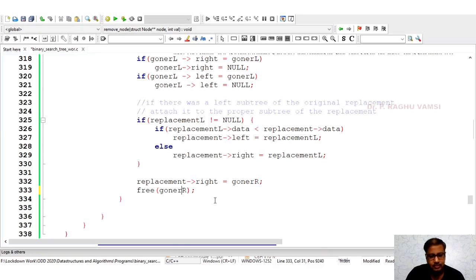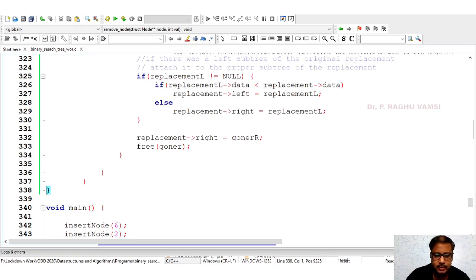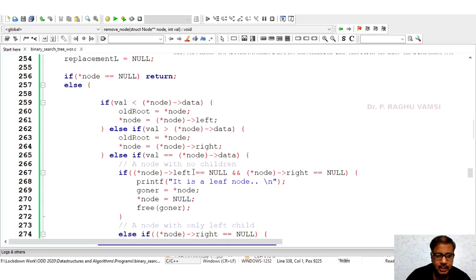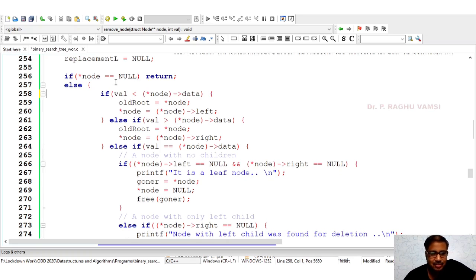Actually, it is free of goner. Once you attach the goner to the right, then it must be free of goner. Even though it is iterative, without using recursion, sometimes we can't avoid recursion. So what I will do is